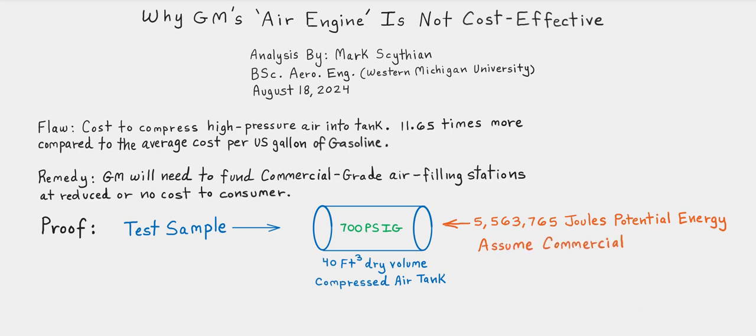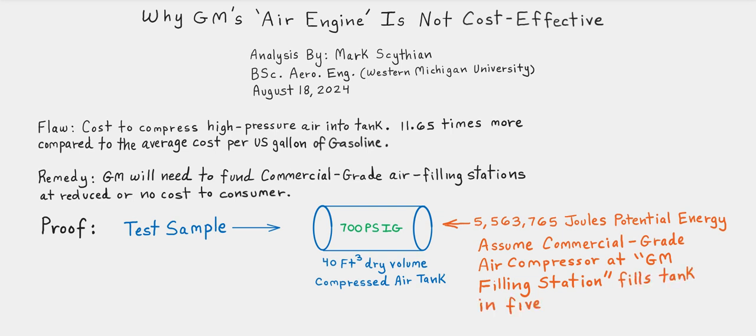So assume commercial grade air compressor or compressors at the quote unquote GM filling station fills this quantity of volume to the pressure charge in a competitive consumer demand of 5 minutes. So let's just say that GM did support the product by providing GM filling stations so